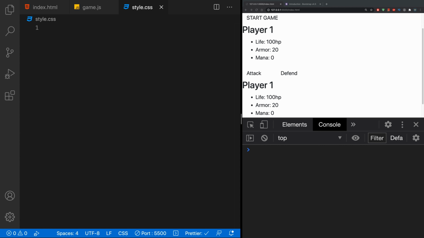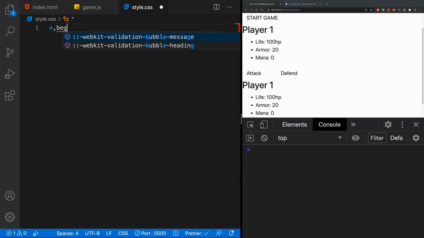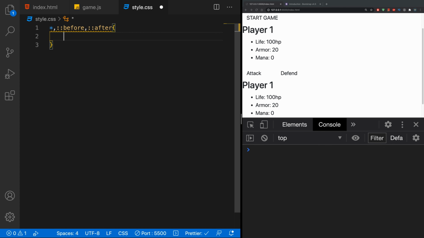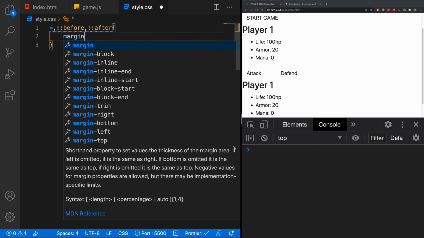Now, I don't think I'm going to do all the styling right away. I'm going to add some styles as we go along. But first, let's make a general reset. So I'm going to go in here. I'm going to reset everything, and before and after, so we don't have any margin and padding problems with margin